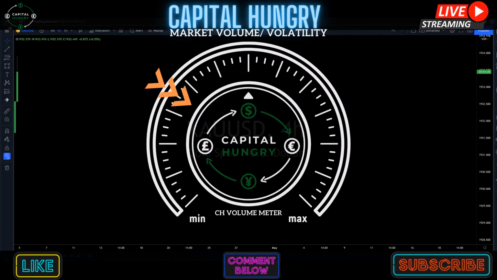Now, as we are of course just starting out the new month and new quarter, and as you may have noticed how we were trending on various asset classes through the start of the new week and through New York session, volume and volatility isn't the highest right now. We're seeing a lot more intraday ranging on pairs. We're not seeing any real clear upside or downside trending markets, as we're just getting the price set up for